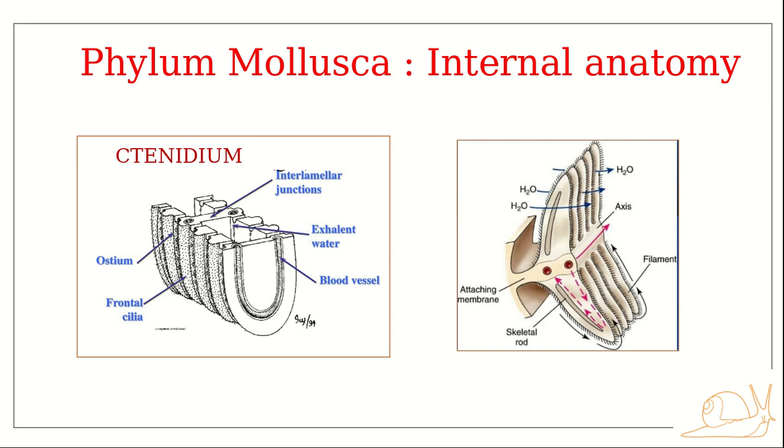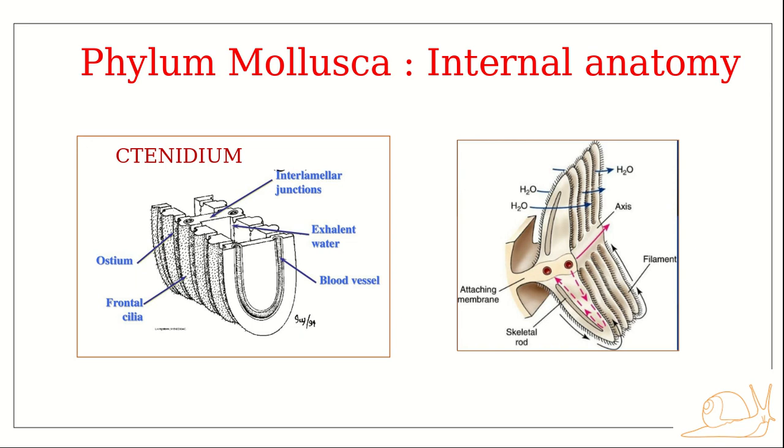Usually we don't use the term lungs; we usually use the term pulmonary sac. For example, a typical mollusk, Pila, the snails found along the bunds of agricultural fields, has both ctenidia as well as pulmonary sacs for respiratory purposes. When water rises in the fields, they may be completely submerged in water. In these situations they may have to switch completely to gill respiration, or ctenidial respiration. Otherwise they can use the pulmonary sac as well.